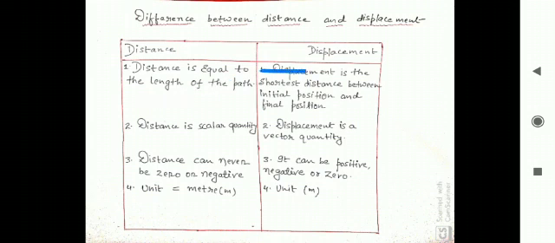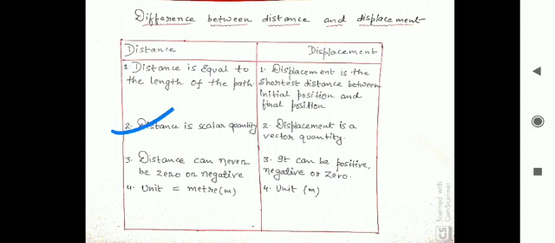Now in case of displacement, we will take the starting point and the ending point. In the previous class example we had taken a right angle triangle. Point A was the starting point and point C was the ending point. So the shortest distance from point A to C, we got the answer 4√2 in the last class. Please go to the last class and see that example, it will be very clear. So displacement is always the shortest distance between the initial position and the final position. For finding the displacement we have to focus only on 2 points, the initial position and the final position.